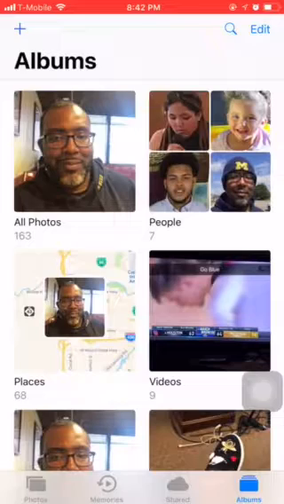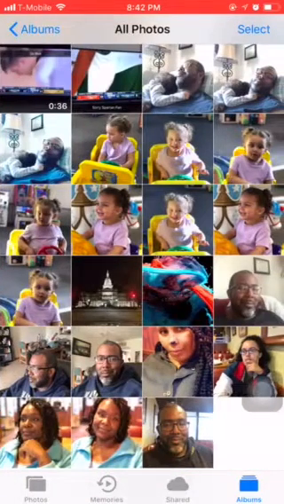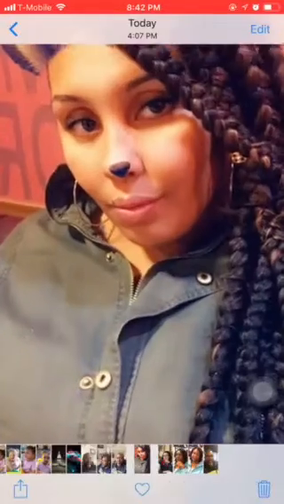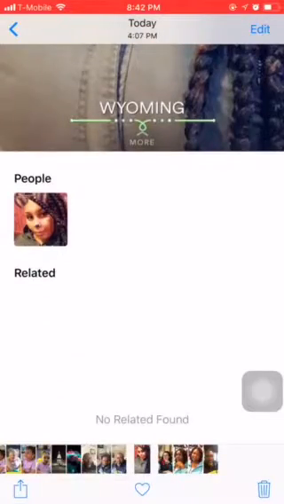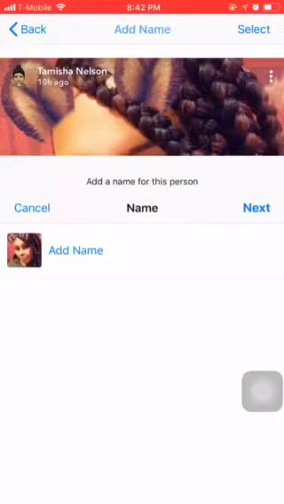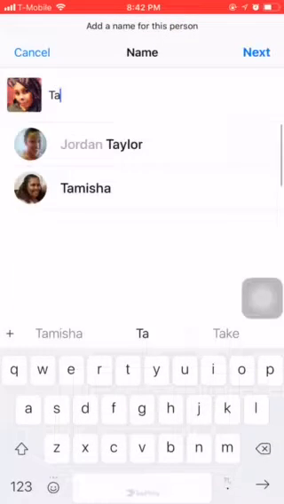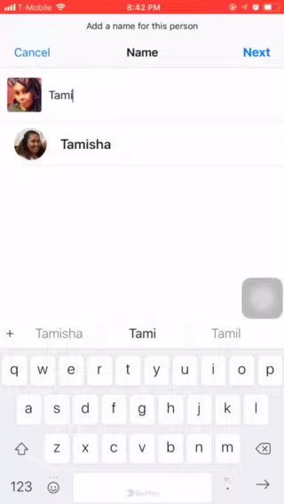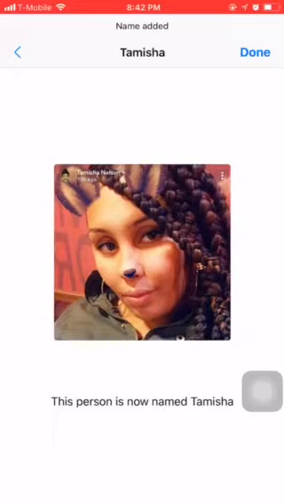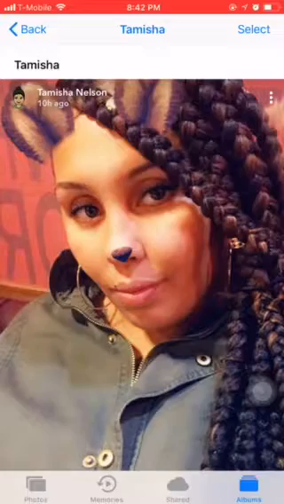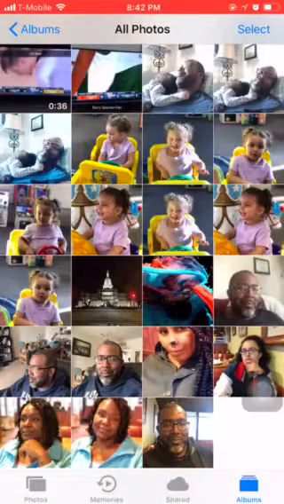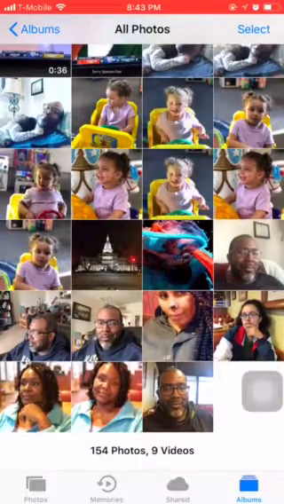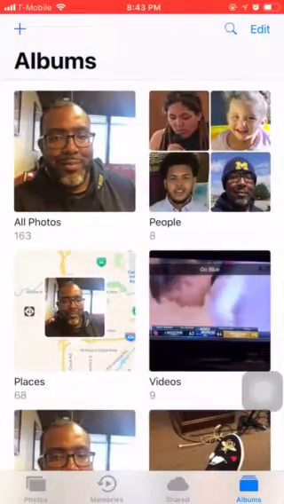So basically all you got to do is go to the person you want to add their name so it tracks them, click on their photo, swipe up, and bam, people. Then all you do is you add their name. If they're in your contact list, that'll pop up. Add that, click done. So now when you go back to your albums, go to your people,